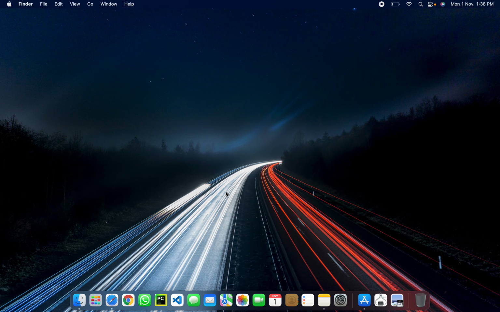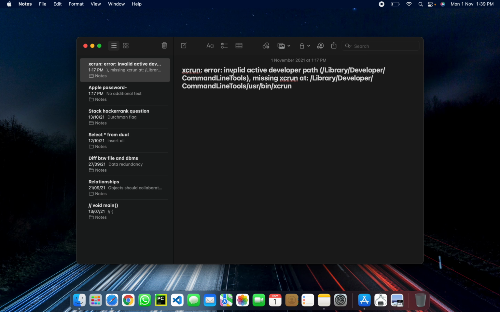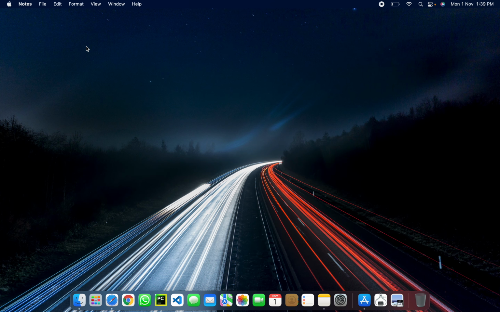You about the error that many of you who are into coding or use applications like PyCharm or VS Code or any other coding application might have faced. The error is like this: you'll face this error, "xcrun: error: invalid active developer path," whenever you try to run your code in any IDE like PyCharm or VS Code.